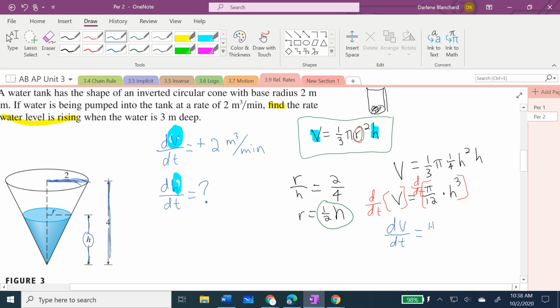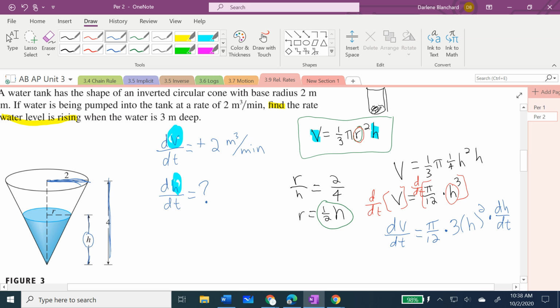Pi over 12 is a constant multiple, and then blah cubed. Derivative of blah cubed is 3 blah squared, give mommy her baby, multiply by the derivative of baby with respect to time,